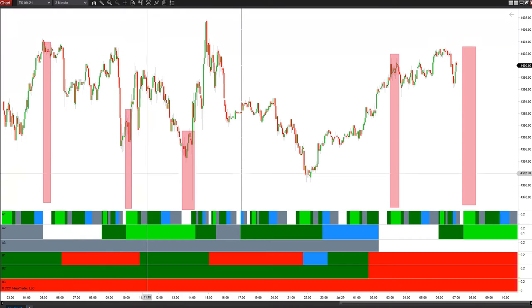And then when we moved to our bright green window later in the morning, we got our initial low. The first low came in the small A1 white block. Then we got to the green block. We got a secondary low, double bottom, which triggered into that up move. And then inside that same lime green block, we came back and made a lower low